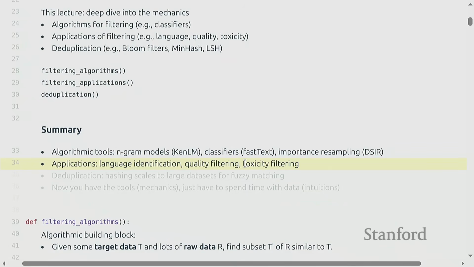Or if you don't have a target data set and you have strong language models, you can prompt that language model to synthesize or filter down a lower quality data set to get to T, and then you get a fast classifier and you're off to the races. And then second, we looked at deduplication, which is important